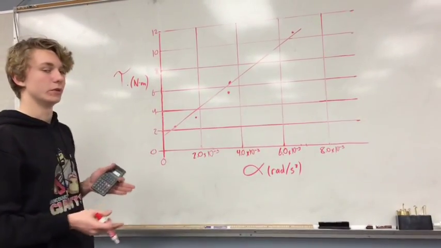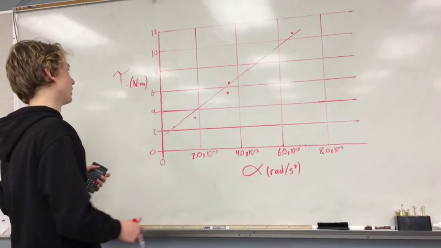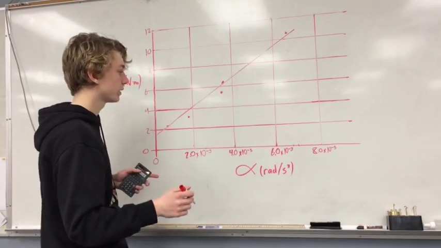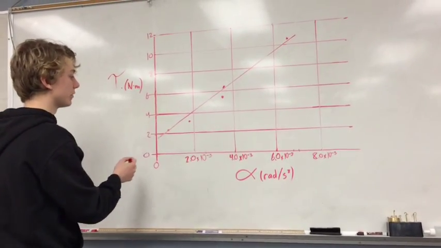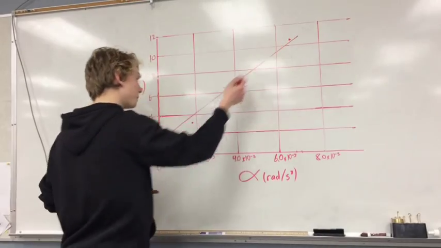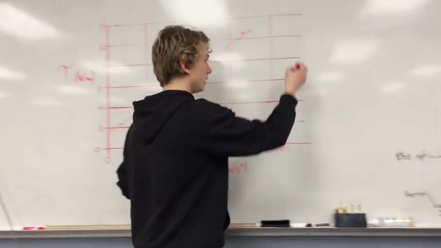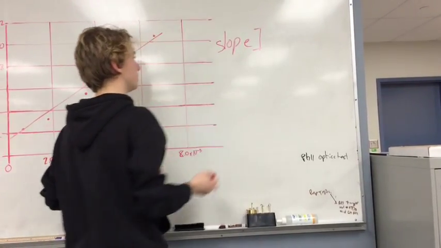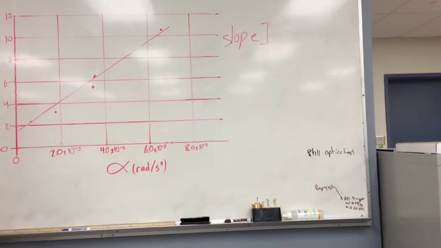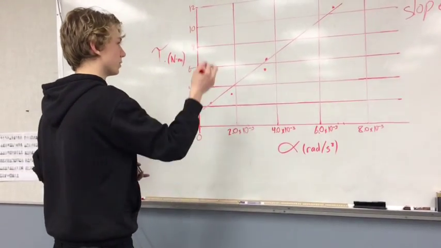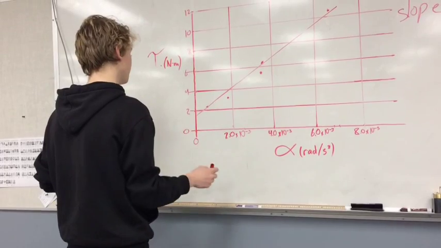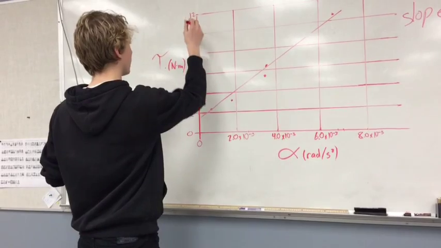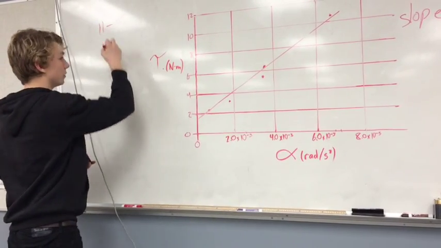This is the data you just saw on the table, but graphed. We have torque on the y-axis and angular acceleration on the x-axis. And the slope of this graph, we did a line of best fit here, the slope of this is the I, which is what we were trying to solve for in the first place. So we're going to take the slope of this secant line quickly here. We're going to do rise over run. We're going to call that 11 minus